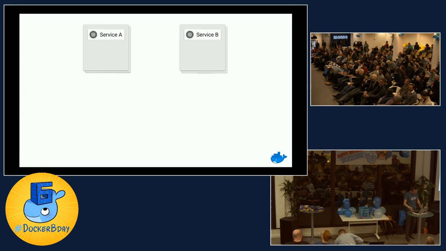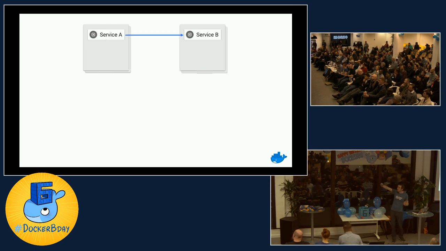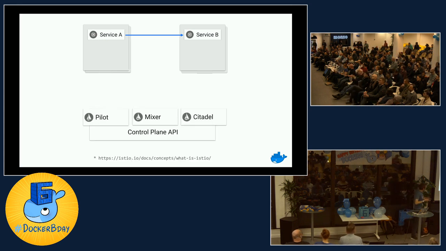So what this looks like is when I've got my 2 services, and service A is a consumer of service B, all the logic I write is from how to get from A to B. I don't worry about any other stuff. So it looks like, logically, my call is going straight from service A to service B. When I deploy this through Istio, all my Istio stuff is running in the background. So it's all running as Docker containers, and they're all in their own components.